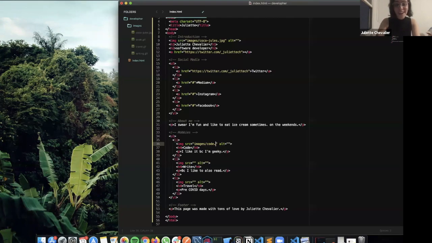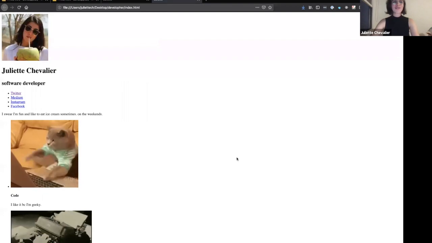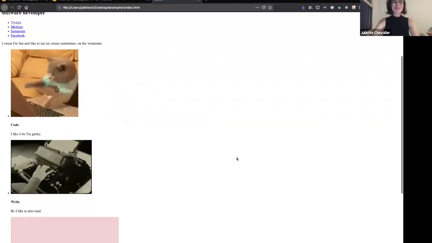But by the way, sneak peek, code is a GIF, not an image, because we can also do that. So I'll say I'm going into images/writing.gif, and then I'm going into images/travel.gif. And when I save that, I go into my browser and I refresh. Now I get all my beautiful GIFs.